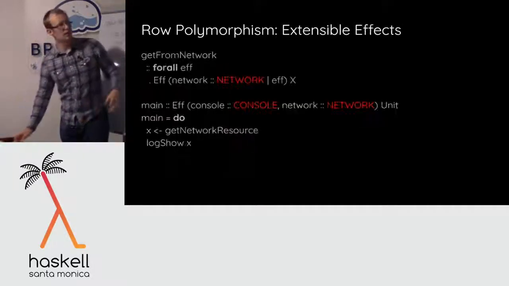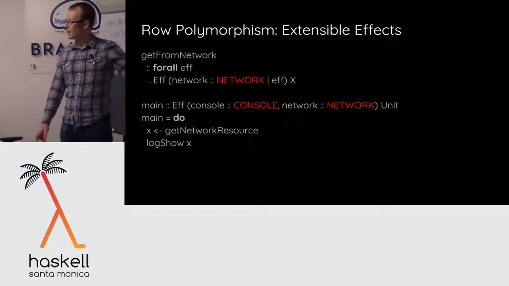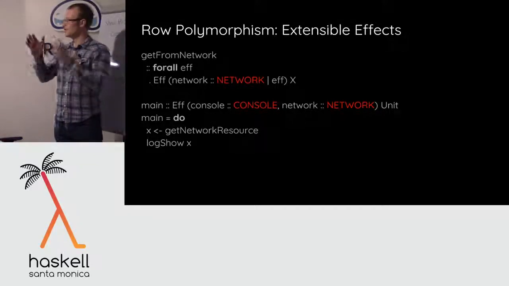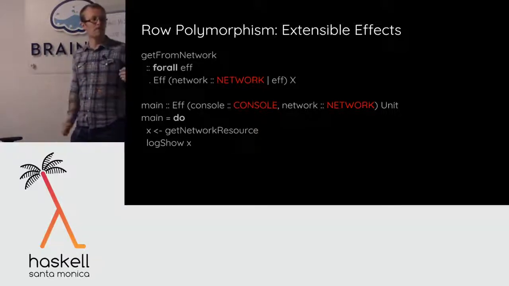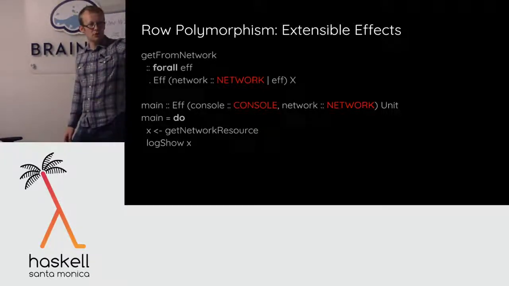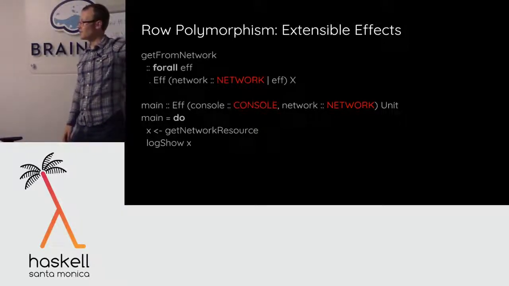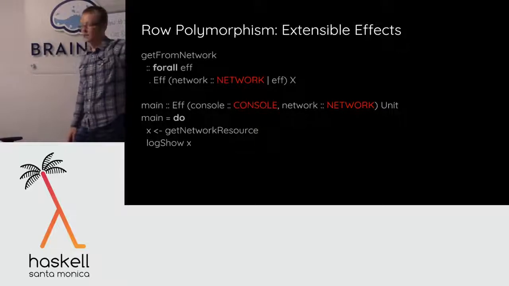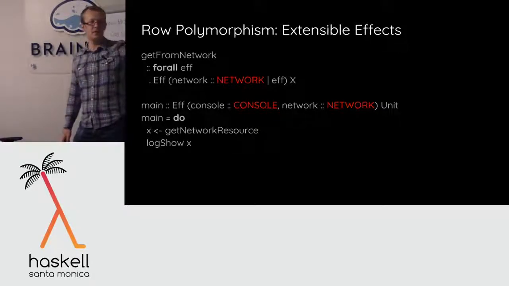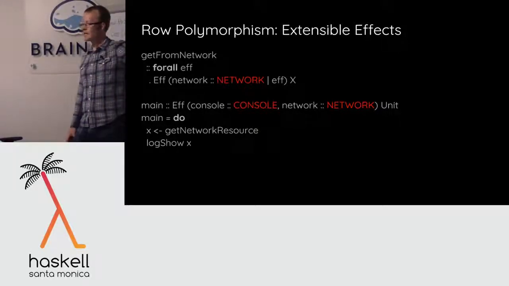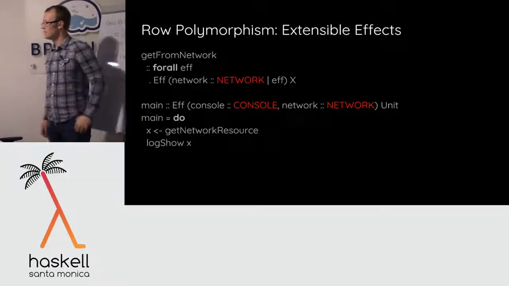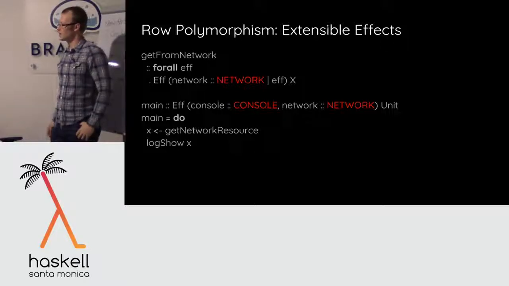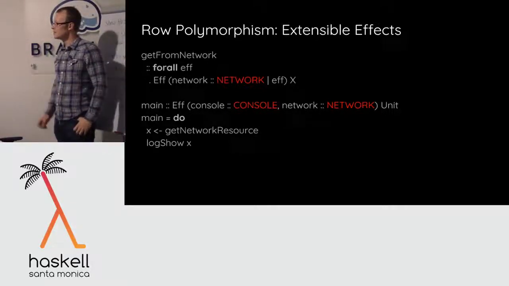Okay, and this is a row, right? So I could have written what I had before by saying record and then the exact same thing, but in parentheses, not in curly braces. So this is a row of effects, right? There's a kind called effect, and console and network have kind effect, and then this thing is a row of effects. And F is a type constructor that takes a row of effects and a return type and gives me a type. And an effect is just a token. There's no runtime representation. Yeah, it's like a singleton.